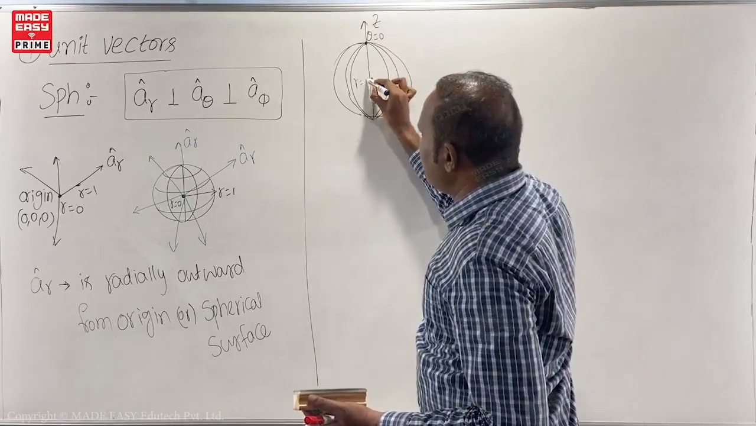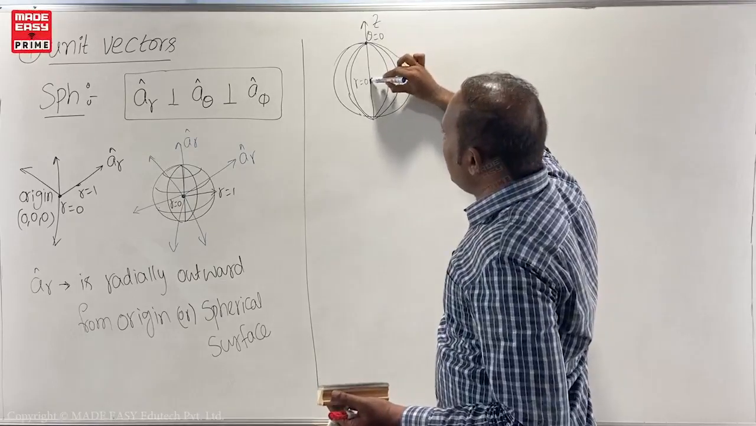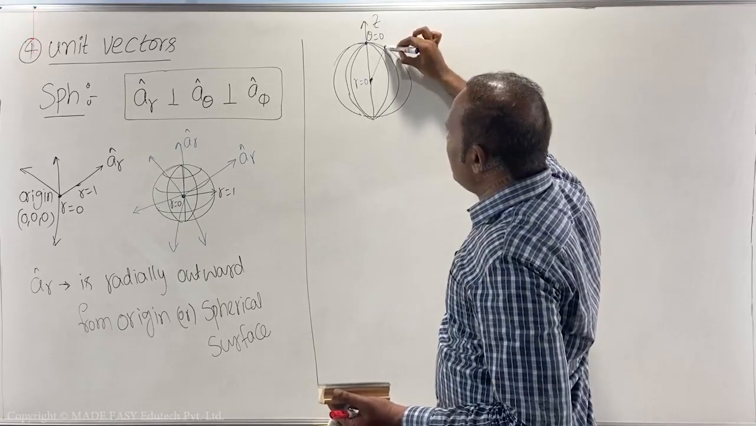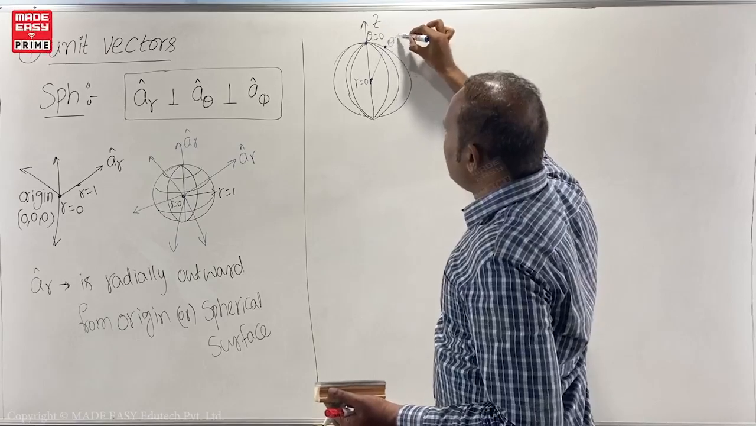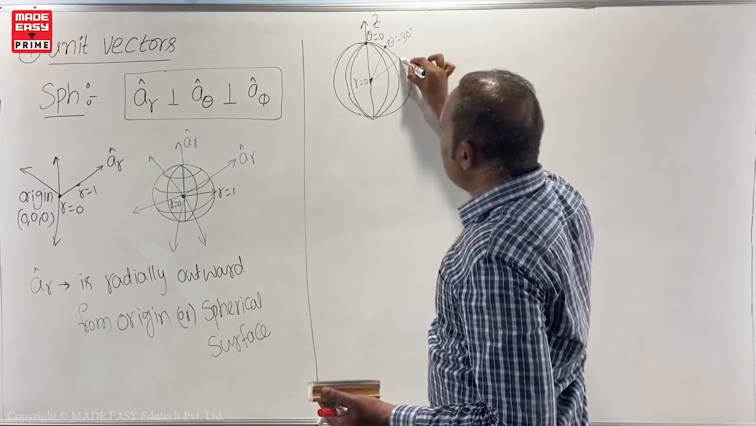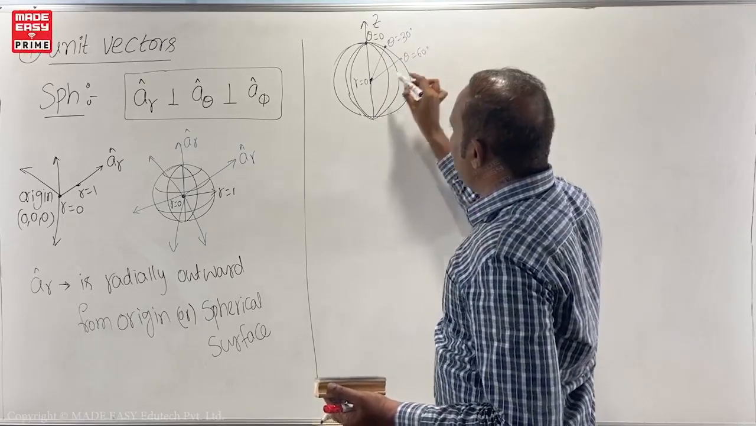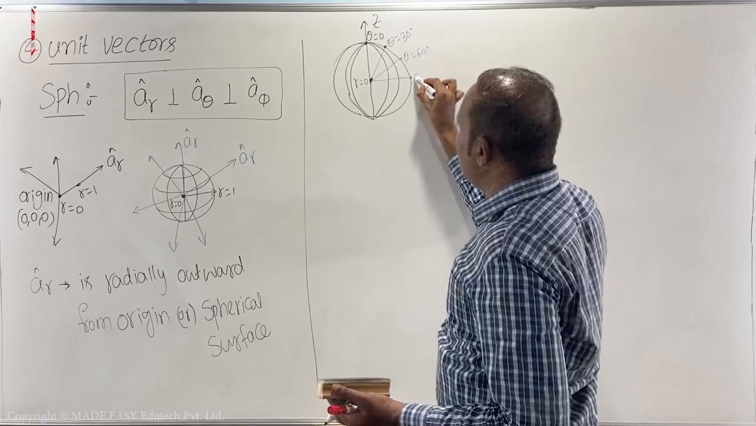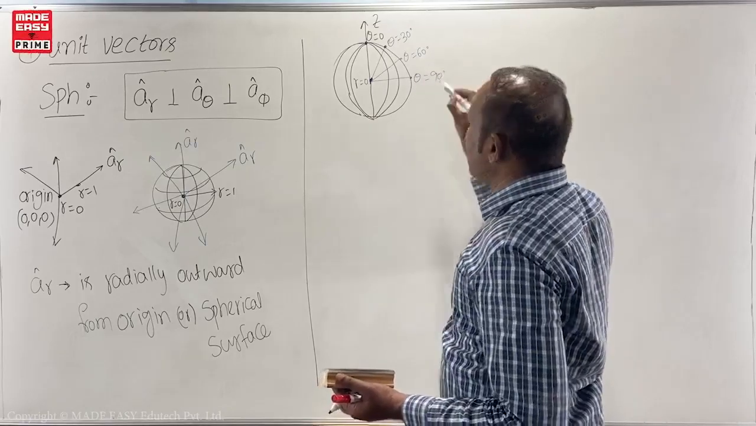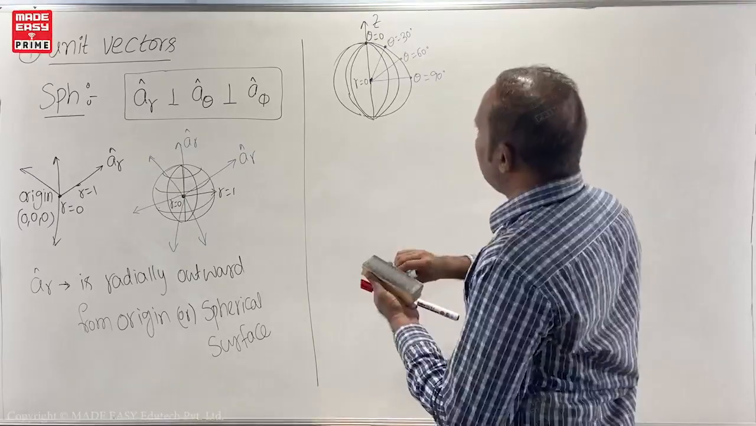Actually it is R0. R0 means origin. Now here, for example, theta is how much for this location? Let us say theta is 30 degrees. For this location, how much angle from here? 60 degrees. For this location, how much? 90 degrees. That means in this direction,